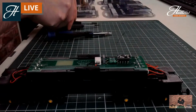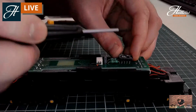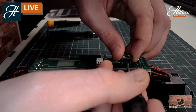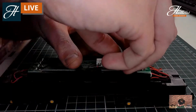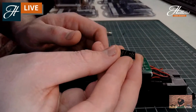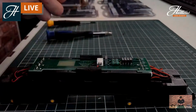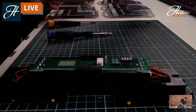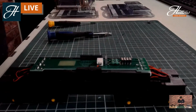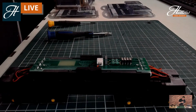First of all, we carefully prise away the blanking plate. You can do this with a screwdriver, any delicate tools that you have, maybe a pair of tweezers or a set of pliers. We're just making sure that none of the pins on the blanking plate are bent, so we can use it again in the future should we wish to convert our locomotive back to analog. We'll get ourselves a decoder out of the packet. We'll go for the 8-pin direct decoder, which is just a straight plug and just replaces that blanking plate in the socket. So we'll take that out of its packet,